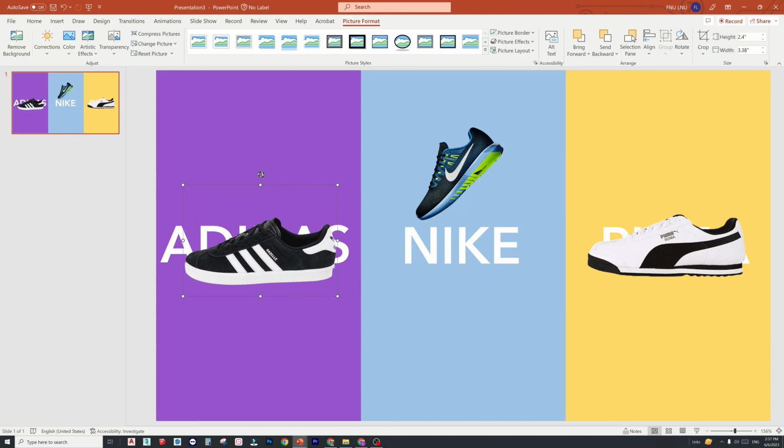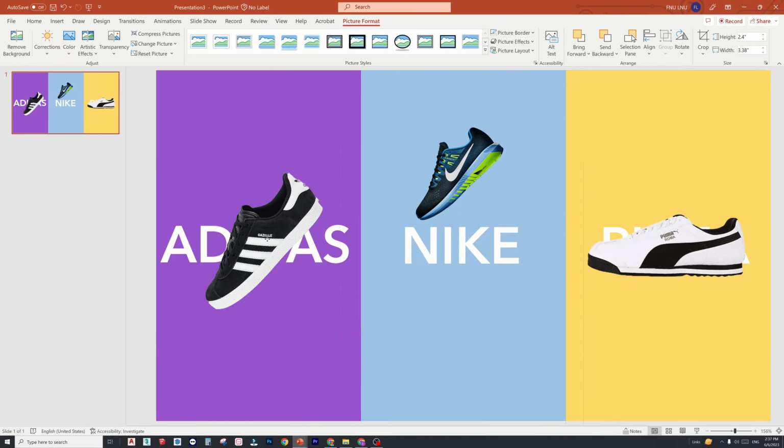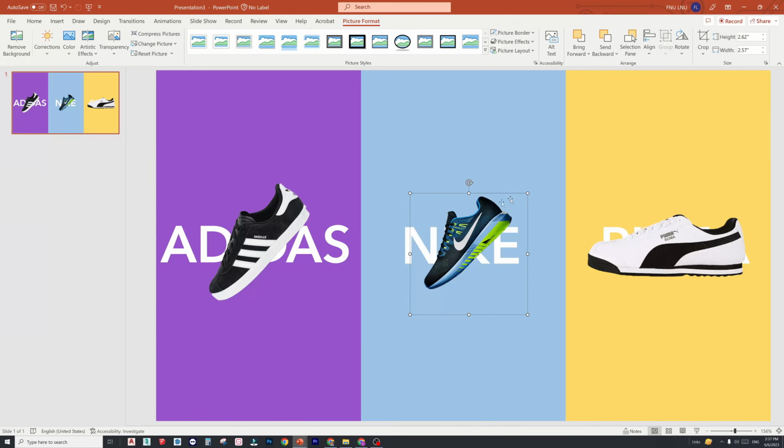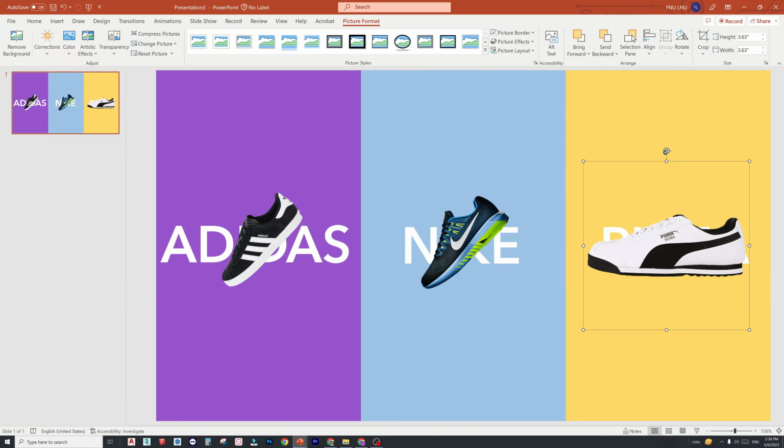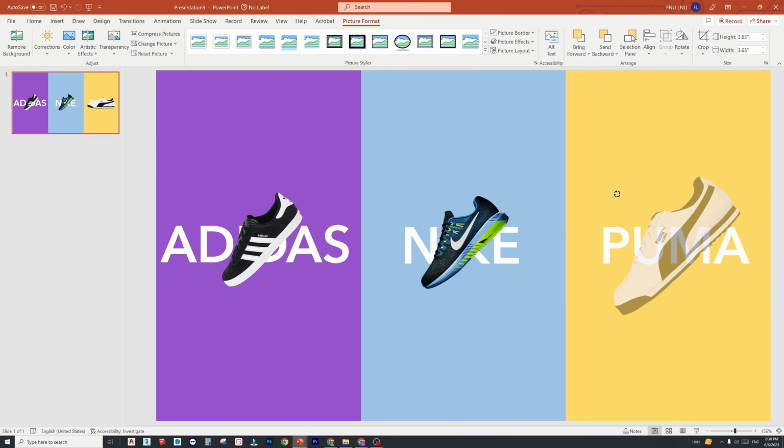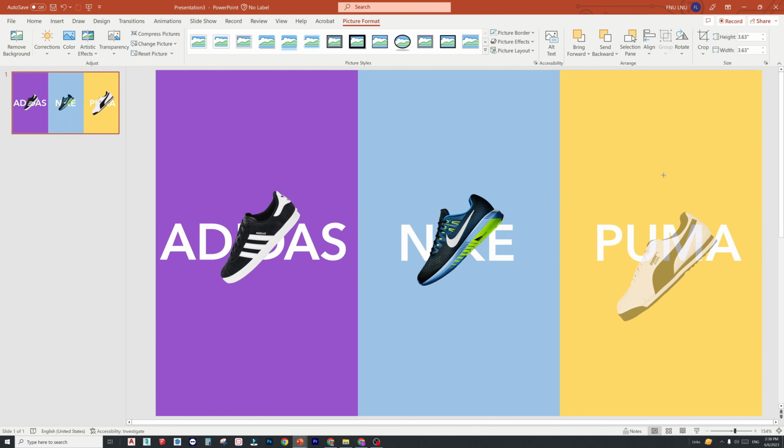Now rotate it. Make them smaller a little bit. Rotate it and make them smaller. Make sure it is fit in the center.